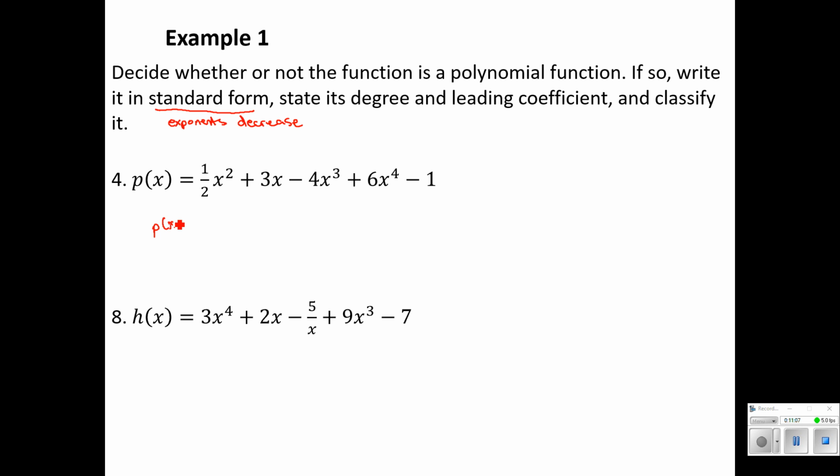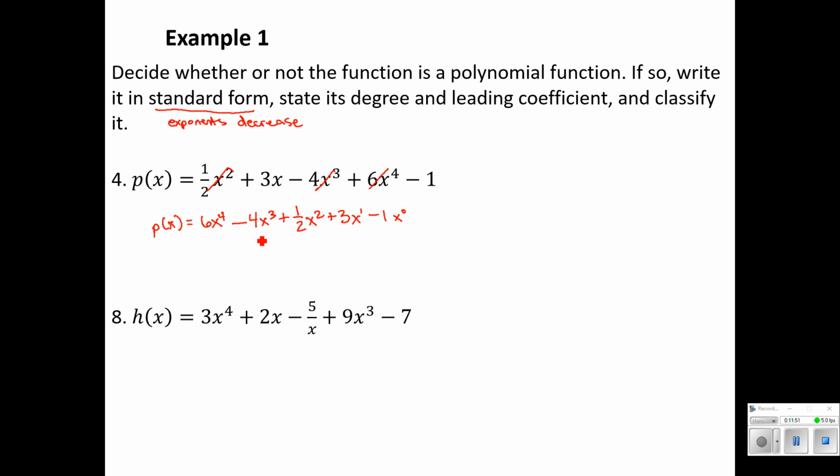All right, well, p of x, if we put that in standard form, the highest exponent I see on a variable is x to the fourth. So that's my leading term, 6x to the fourth. Then I've got a minus 4x cubed. Then I've got a plus, a positive, 1/2 x squared. And then a plus 3x and a minus 1. All right, it is a polynomial because we notice that all of these x terms can be expressed as a positive exponent, or a zero exponent, as in this last one is like negative 1x to the 0th if we wanted to keep that pattern going. So all of our terms can be expressed as x with a 0 or greater exponent.